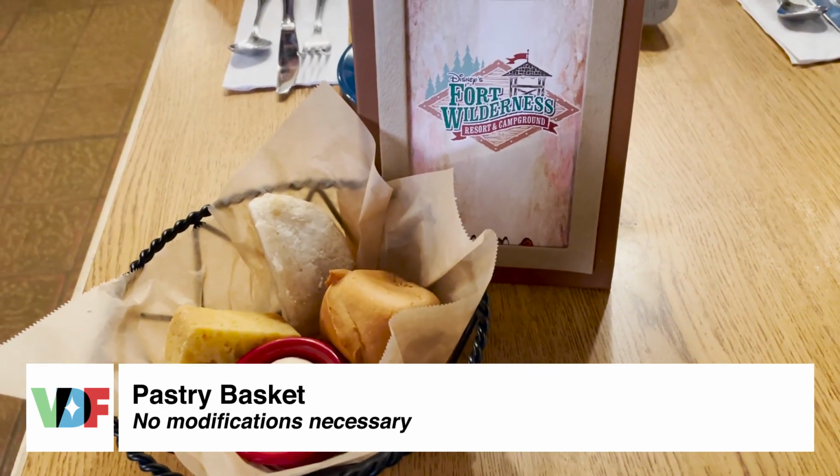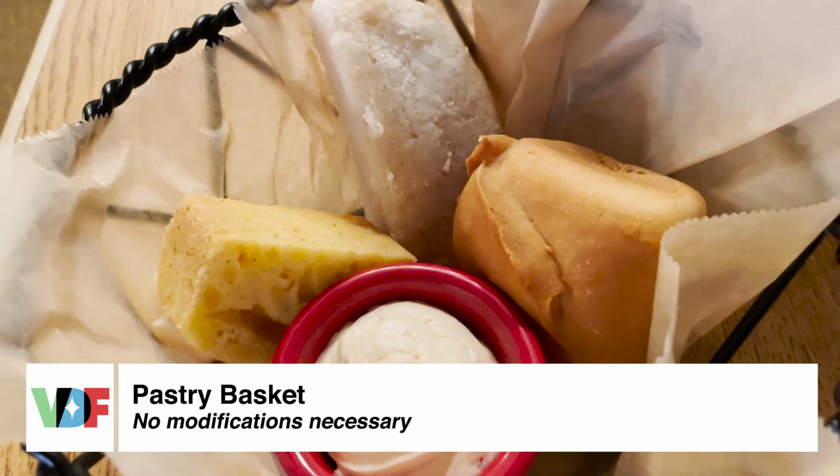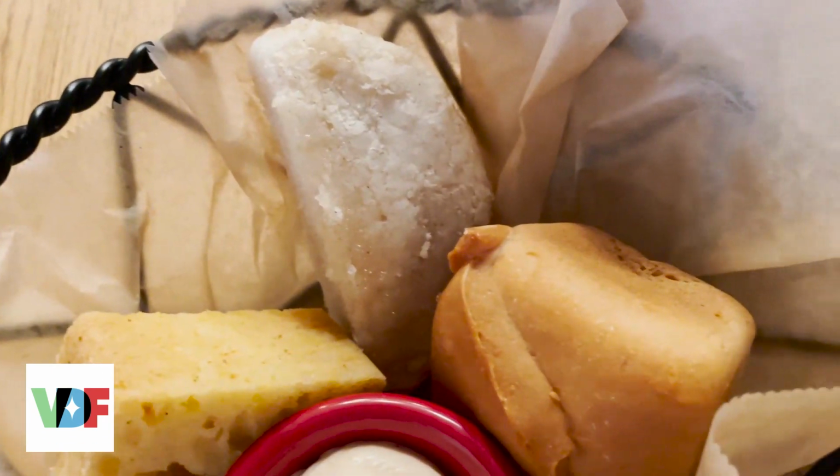We had a gluten-free shortcake that normally used to come with the strawberry shortcake when you would get the gluten-free version at Trails End dinner. And also a piece of gluten-free cornbread, which we did not have with dinner last night. And then it's served with Earth Balance butter mixed with strawberry. So it is strawberry flavored Earth Balance, but if you didn't want that, you could just ask for regular Earth